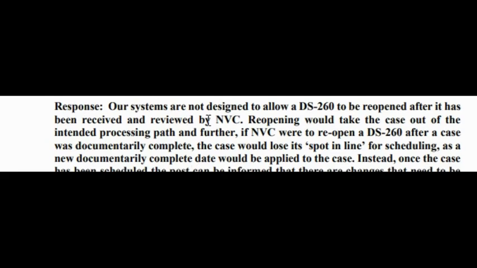Our systems are not designed to allow a DS 260 to be reopened after it has been received and reviewed by the NVC, which is the National Visa Center. Reopening will take the case out of the intended processing path, and further, if NVC reopens the DS 260 after a case was documentarily complete,